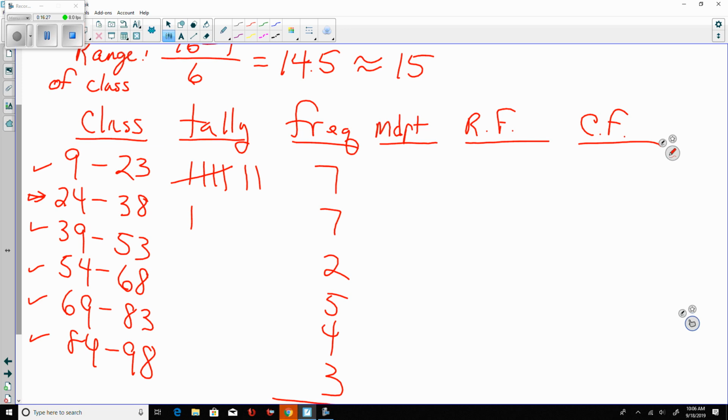So with the midpoint, what we're doing is it's each individual class. So for the first one, I'll show you, we have 9 plus 23 divided by 2. Because you have your lower class limit plus the upper class limit divided by 2. That's how you always do it. So then I plug that into my calculator, I get 16. And then the next one, put in your calculator, 24 plus 38 divided by 2. Now you got to be very careful when you do it as well. When you plug it in, you get